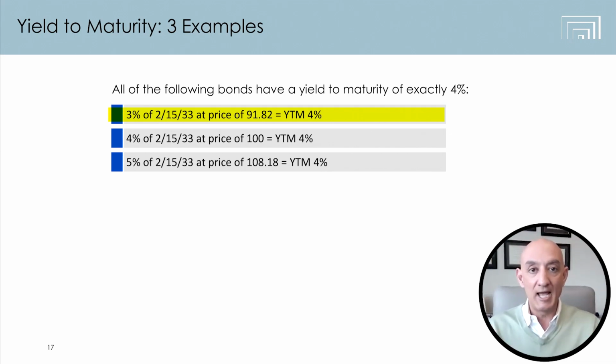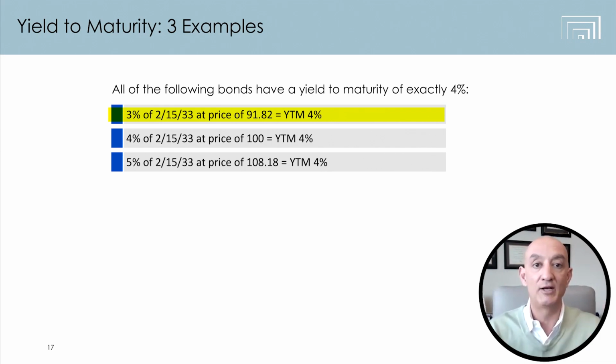So what has to happen is you have to sell that bond at a much lower price so that the buyer makes a net yield to maturity per year of 4%. So your bond would have to be at 91.82 cents on the dollar. In other words, that 3% coupon bond, you're getting $30 a year in interest, but you're spending $918.20 on that bond, and your $918.20 is going up to $1,000. All of those numbers crunched together give it a yield to maturity of 4%.